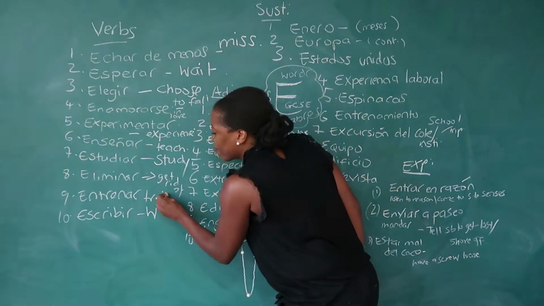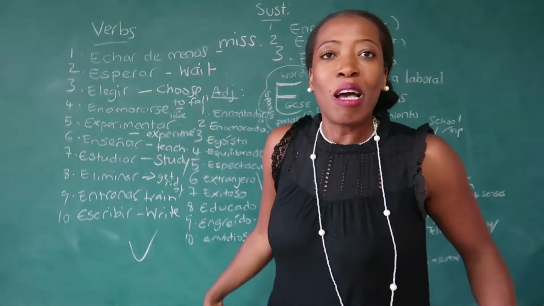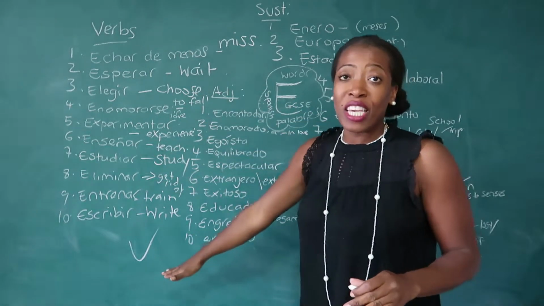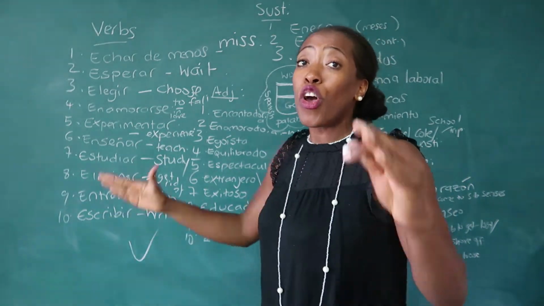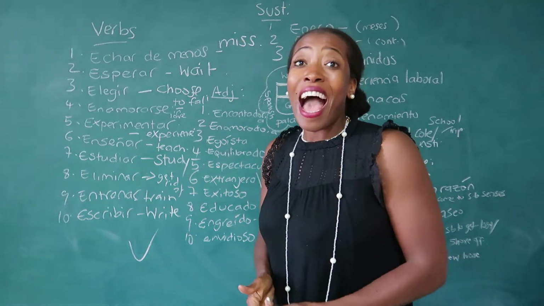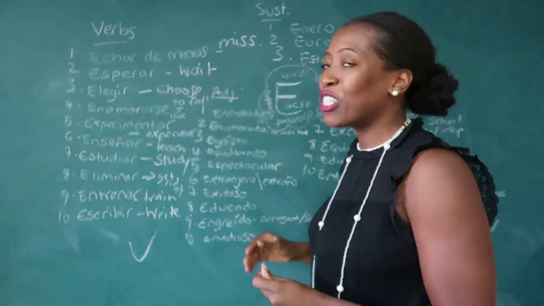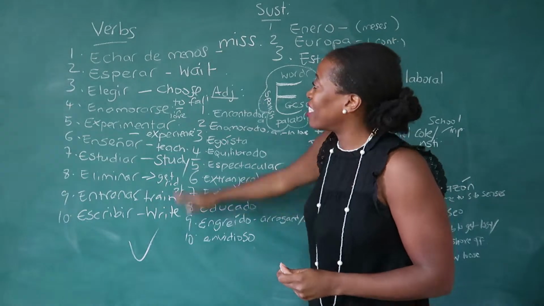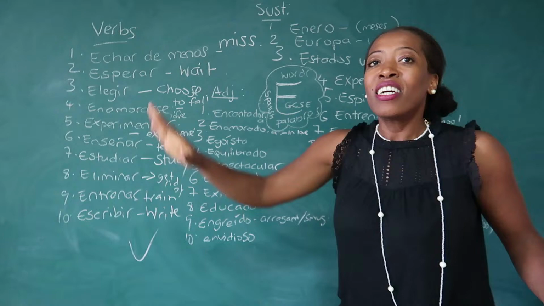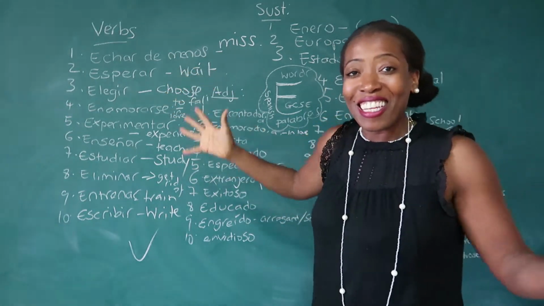So this is to train, and this is to write. Okay? So I'm sure you know that one. This is just practice for you, for your E-words. Go through these, and the ones that you did not know previously, make sure you've got those down, and get someone to test you. I'm sure you can find a friend who is willing to do that. Okay? So that's it. Echar de menos, experimentar, estudiar, escribir, your key E-verbs at GCSE level.